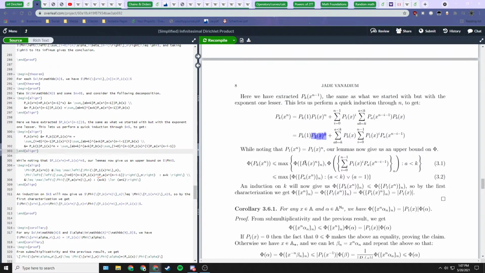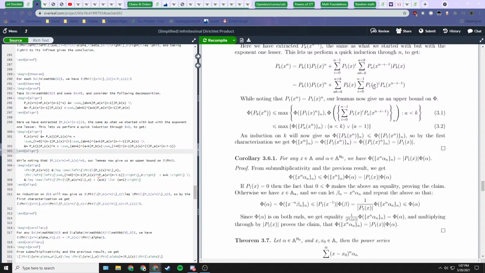So we drop this part right down here. That's the first part. And then we have this other finite sum of terms. For each one of these, again, we have this constant term, so it doesn't change the phi value. And then we have, for each a less than k, which divides k.